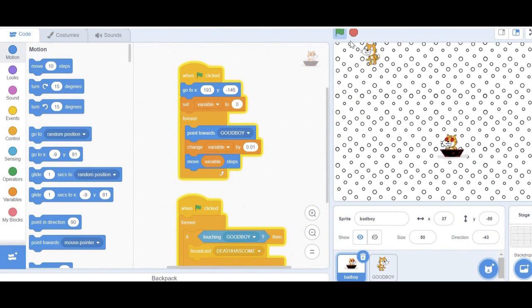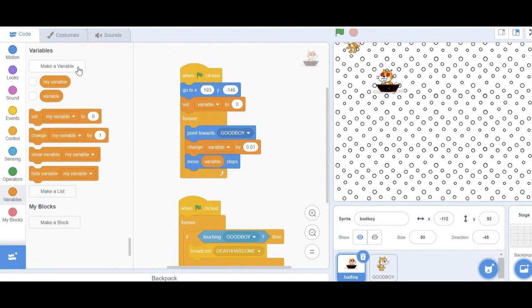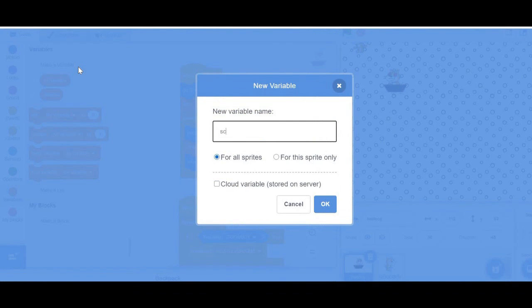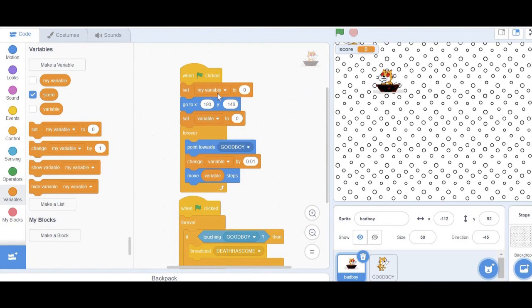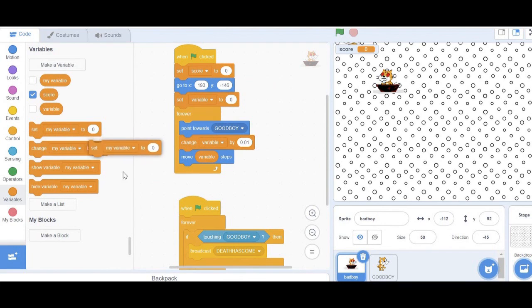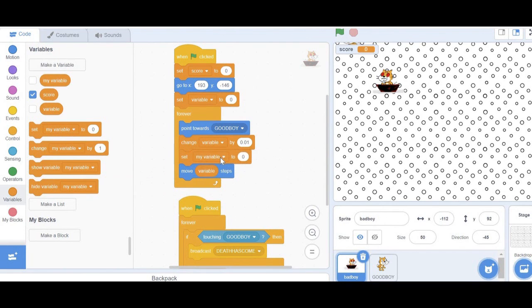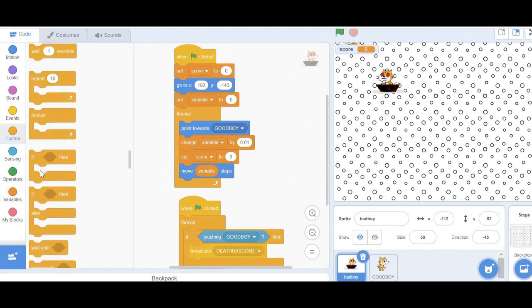But isn't this a full game? No, it's just a little engine. But since we want to make it somewhat like a full game, we're going to do something like this. We're gonna make a variable and we're gonna name it score. Just like that. We are going to set score to 0. And forever, and in the forever script, we are going to put set score to